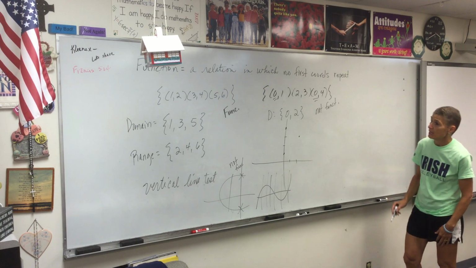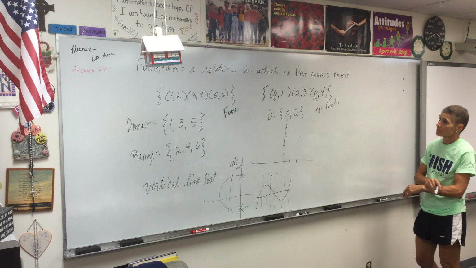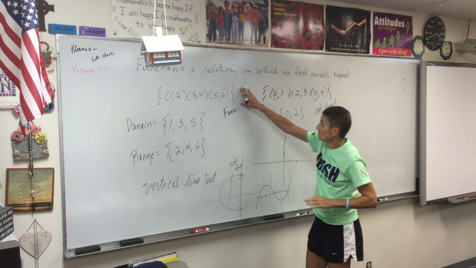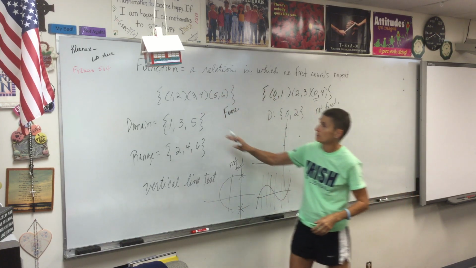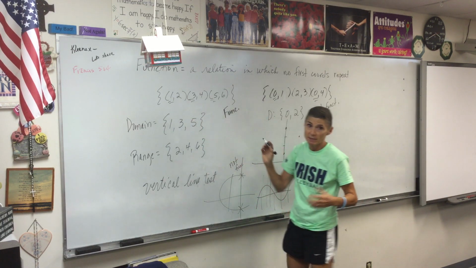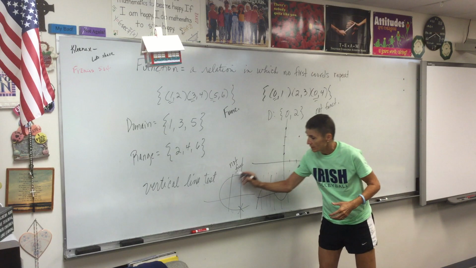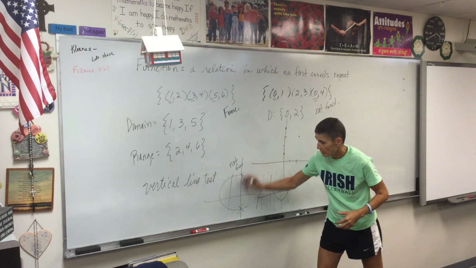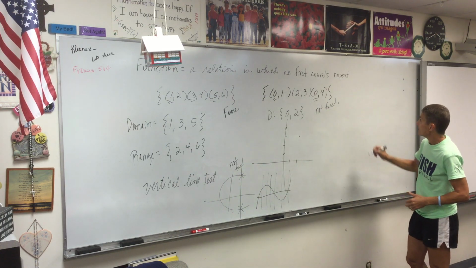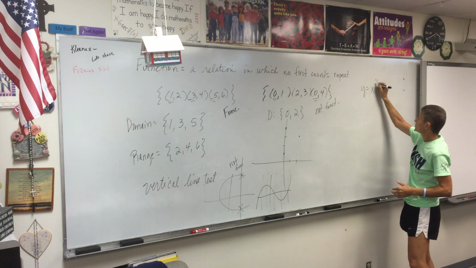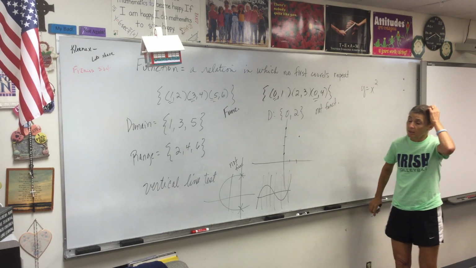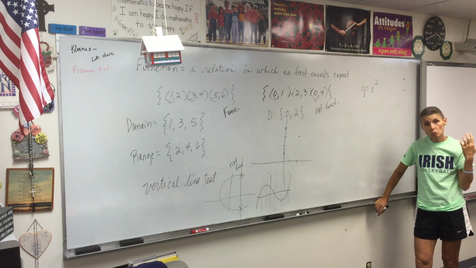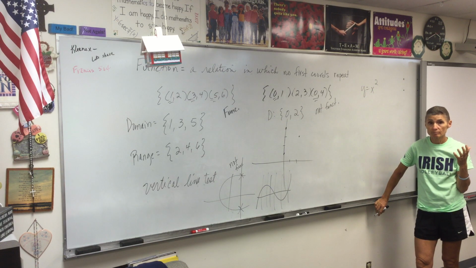Now, let's look at some equations. So we talked about if we have a set of ordered pairs, if we're given a relation like this, we can tell if it's a function by simply checking to see if any of these guys repeat. If we have a picture, we can check to see if it's a function by doing the vertical line test. If you have an equation and you want to know, is this a function, you either have to visualize the curve or plot points and